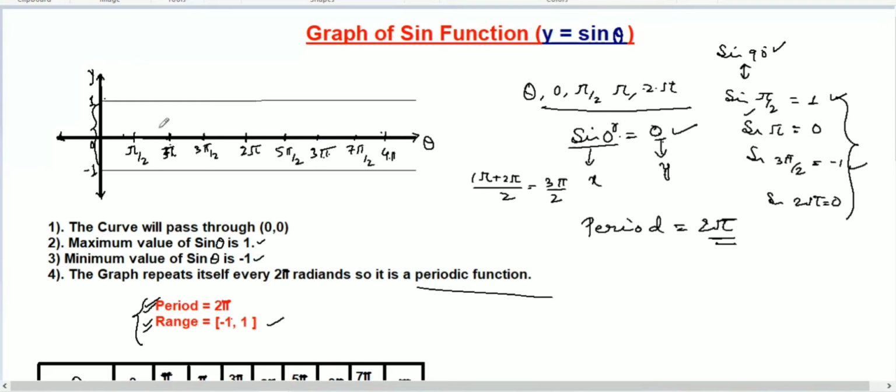Now draw the graph here. Very important, a little bit important thing just needs to be taken care of. So just draw it here. This one will be here, and then mark it here, and then mark here, and then here. So how to draw? With free hand, take your pen or pencil, and with free hand start from here. It will go here, and then it will cross here, and then here,